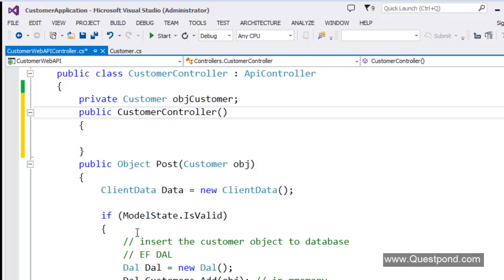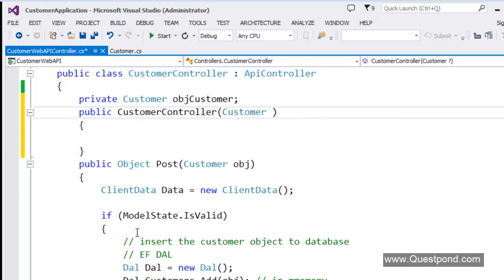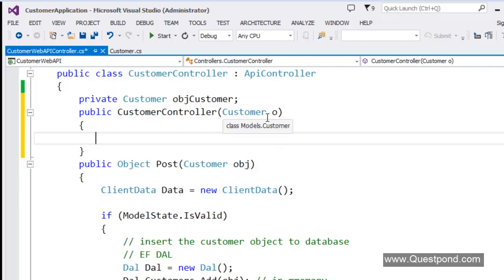But if I get into deciding which customer class has to be created, then I'm overloaded with things, right? So how about something like this? How about if the customer controller class says, okay, pass me the customer object, right? So anyone who is going to use me, let him decide what kind of customer class he wants to inject here.